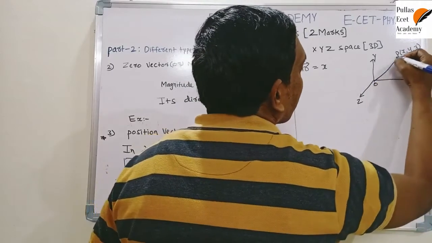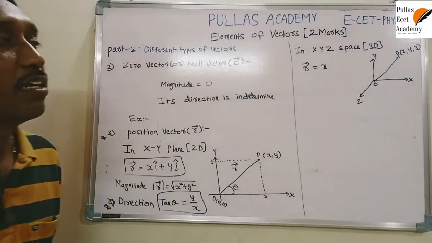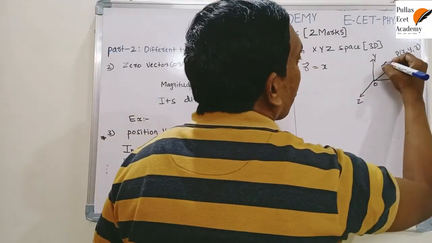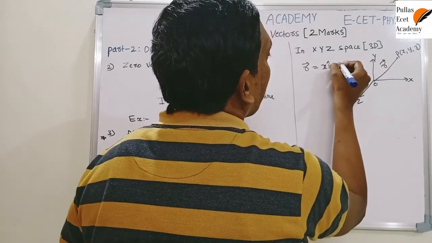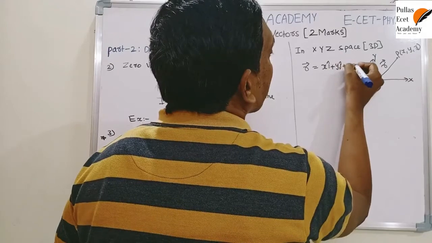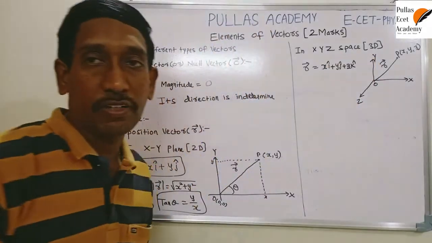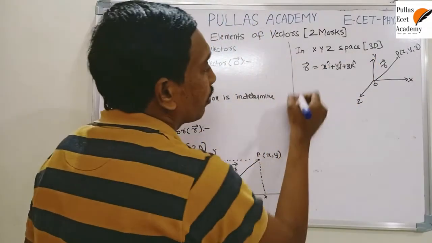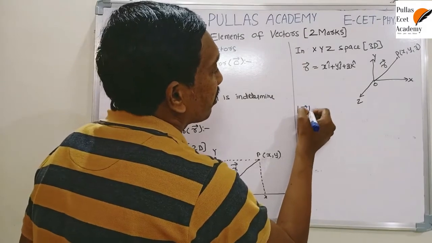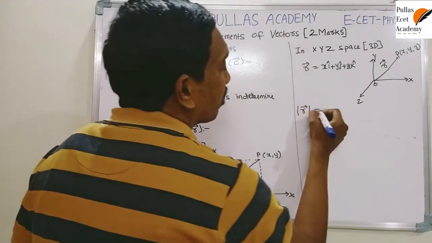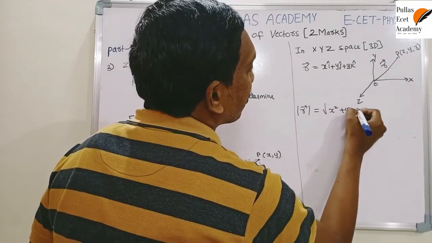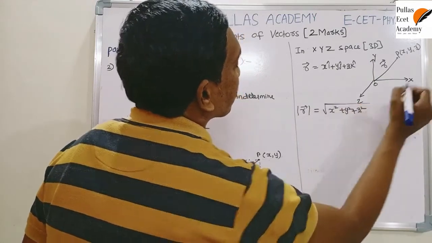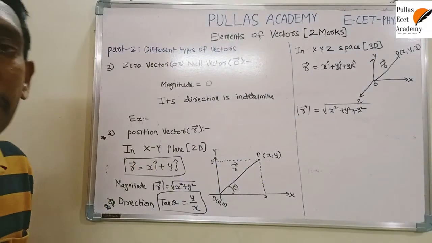So then this particle is called the r bar vector. This r bar is xi cap plus yj cap plus zk cap, which is the formula. This is the position vector. Here also, if you want the magnitude, it is always represented by modulus r bar, which is equal to the square root of x square plus y square plus z square. So this expression gives the magnitude of the given position.